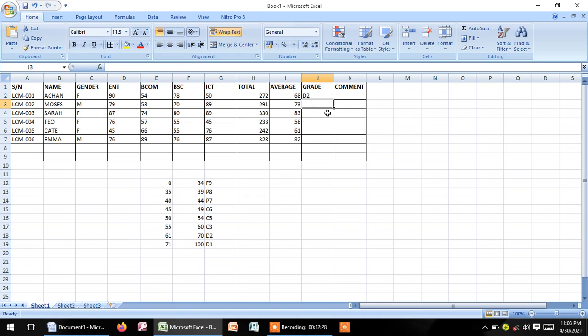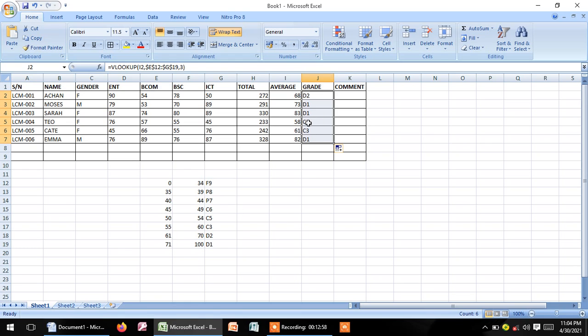So let's see. According to this one, 68 is in the range of 60 to 70. That's why this is given a D2. Let us autofill and see other grades. So that is how my criteria is telling me that this one is getting a D1 because it is in the range between 71 to 100.